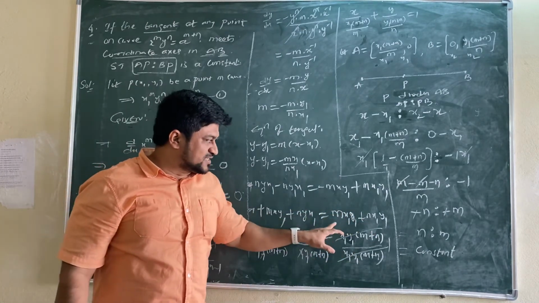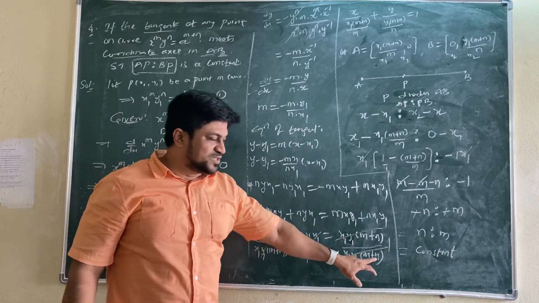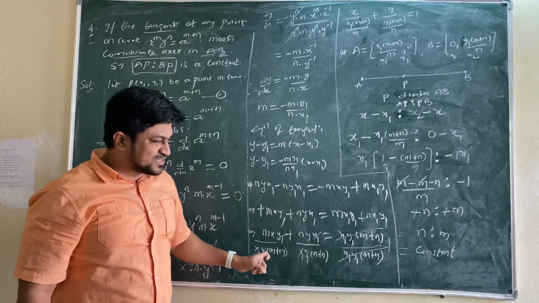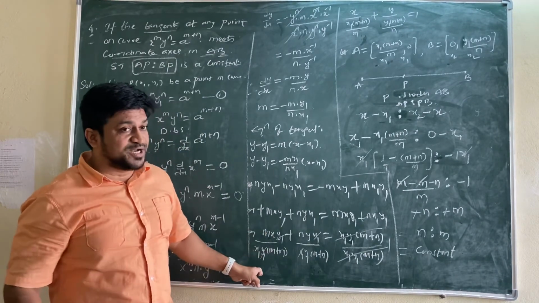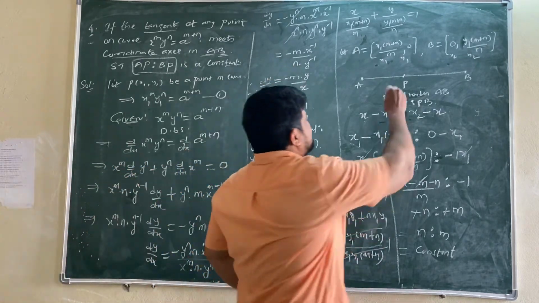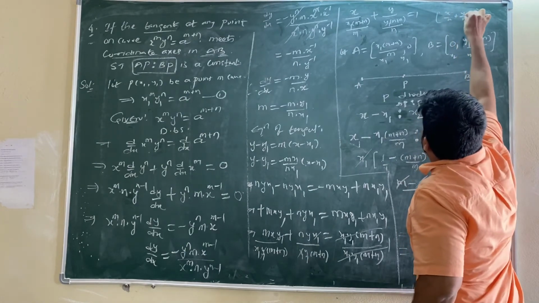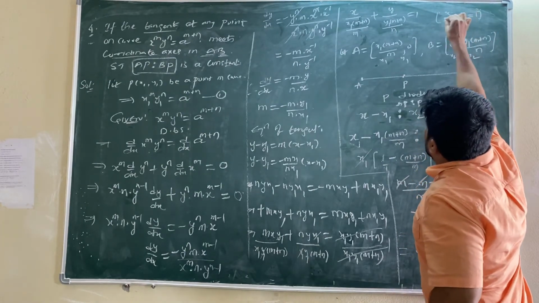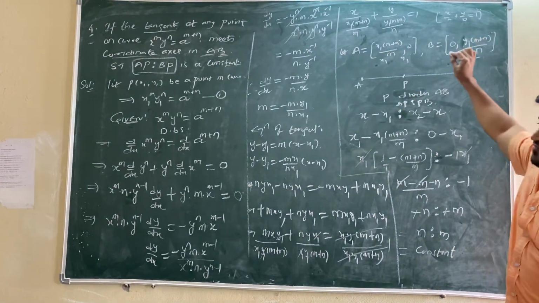To get 1 on right side, whatever given on right side, the whole value will be divided to left side, both the terms and right side term. Then cancellation have been done. We need x in the numerator. Rest of these things sent to denominator of the denominator. You will get this intercept form. This is x by a plus y by b form actually. X by a plus y by b equals to 1 form, where a means a comma 0 is capital A, b means 0 comma b is point B.